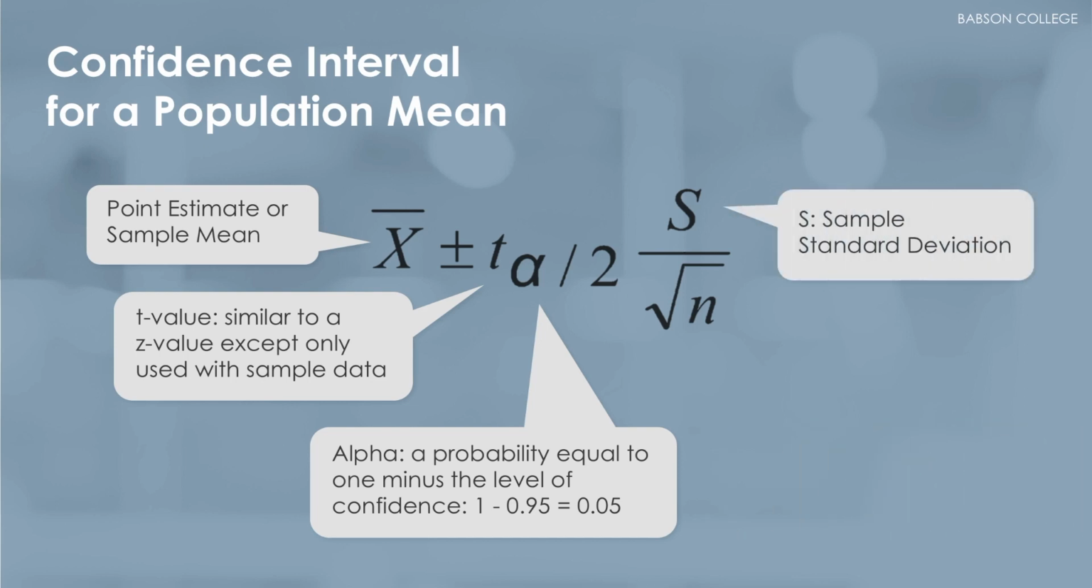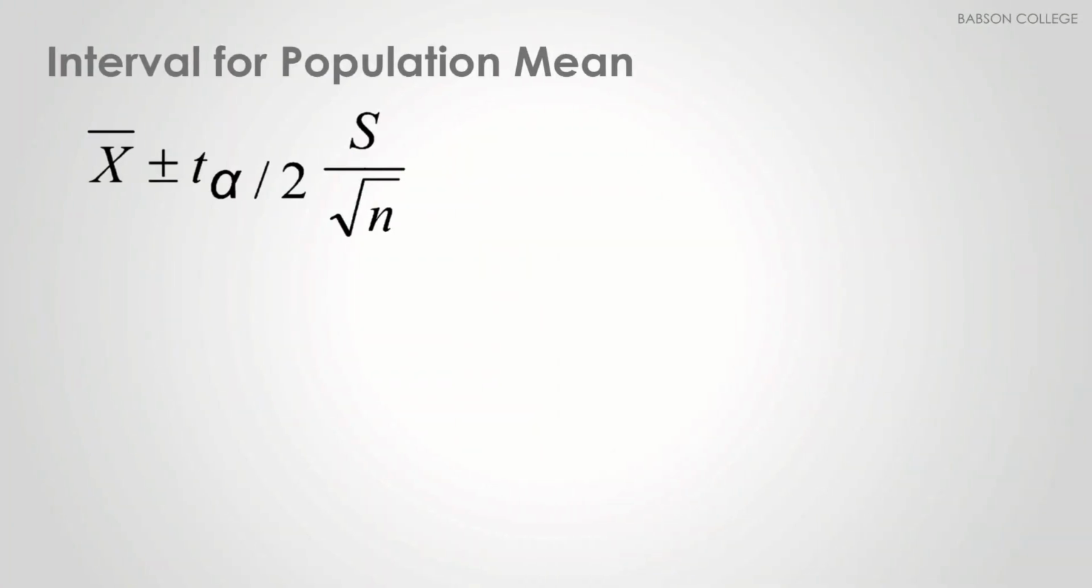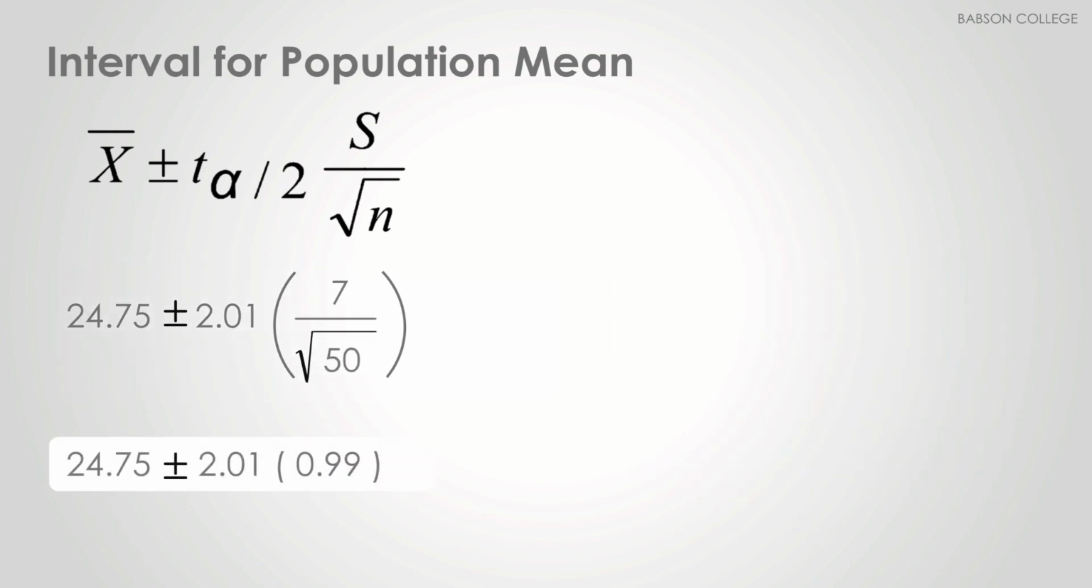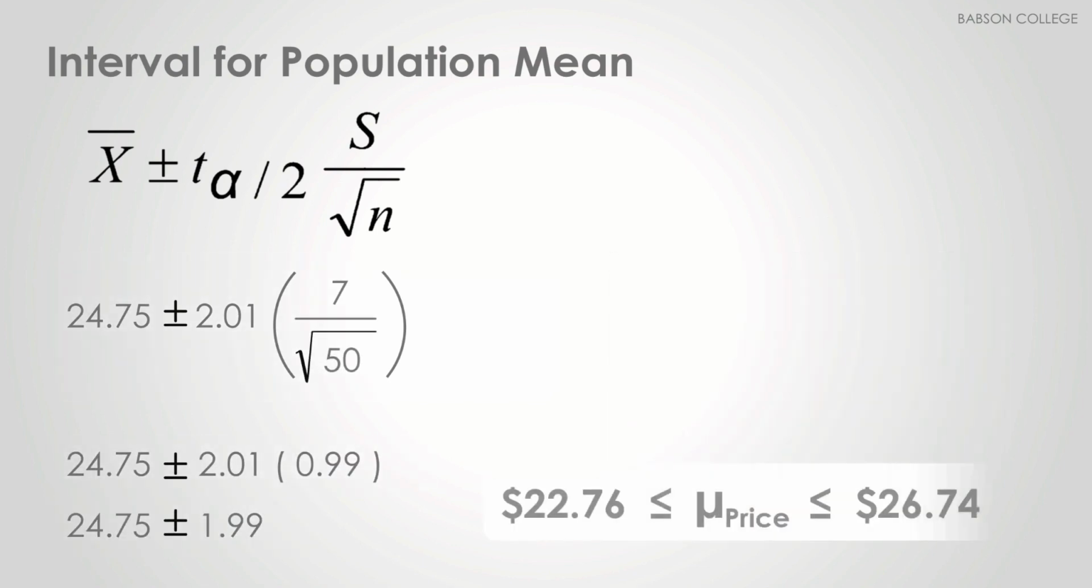The next input value is s, which stands for our sample standard deviation, which in this case was $7, or 7. Finally, we take into account the sample size n, which is 50. Now all that we have to do is plug in the numbers and work out the interval. We start with our point estimate of 24.75, plus or minus our t-value of 2.01, times 7 divided by the square root of 50. That all works out to an interval where we have, on the low end, $22.76,